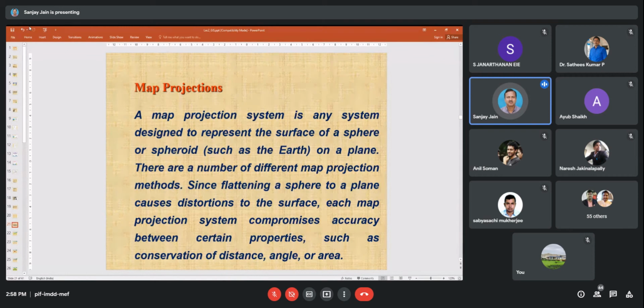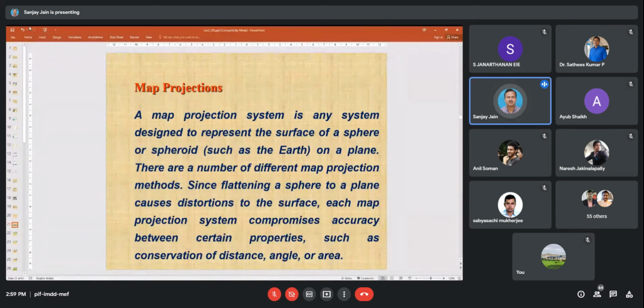Suppose I have taken a Survey of India sheet in which I can see the different features. And now I have taken the same area from satellite. So their orientation is different. So I have to bring the satellite data onto the same platform in which I have digitized or scanned my Survey of India topography. Then only I can say that the features in the satellite data as well as on the Survey of India topo sheet are falling over each other. Okay, so this is one of the exercises I have to do before any GIS exercise, in every step. So this is my first part.